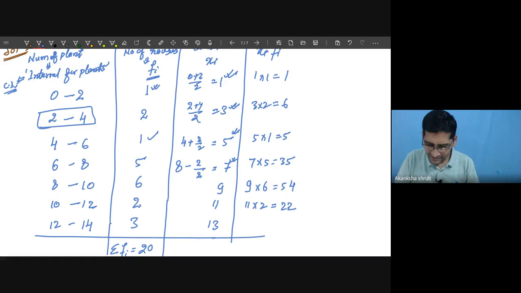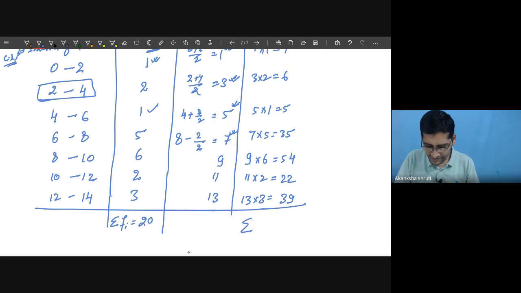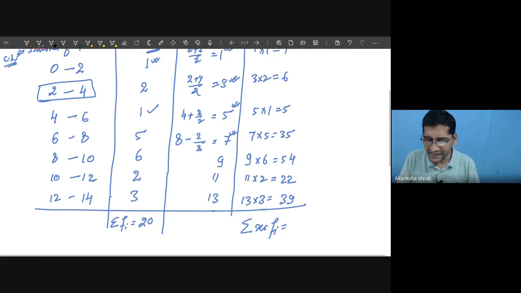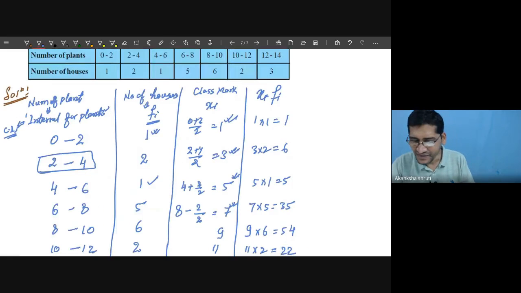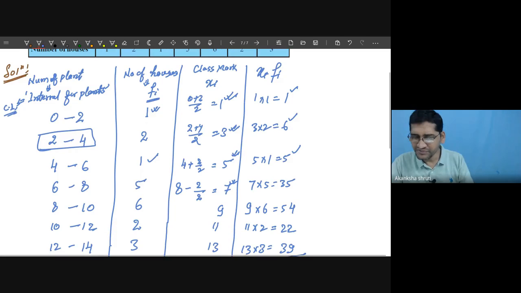Then go for 13 into 3. It is this. Then you have to add this xi fi. Go for adding this. Students, we can add directly. So 1 plus 6 is 7, plus 5 is 12,